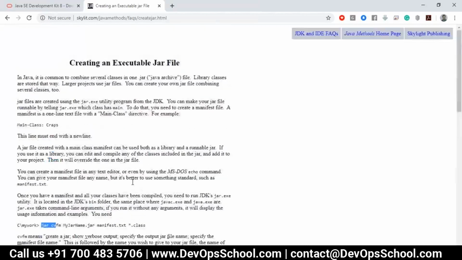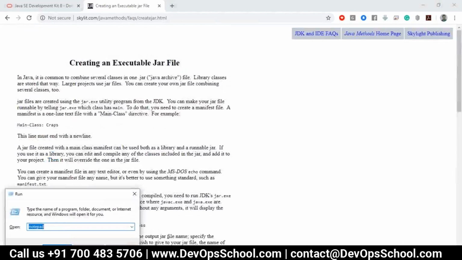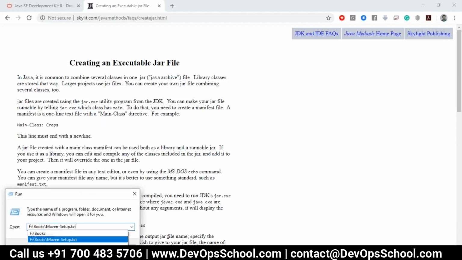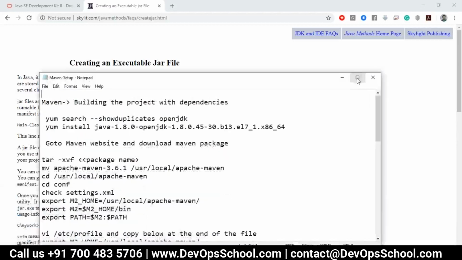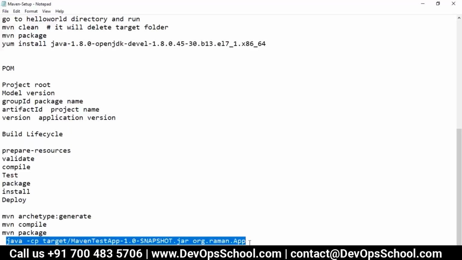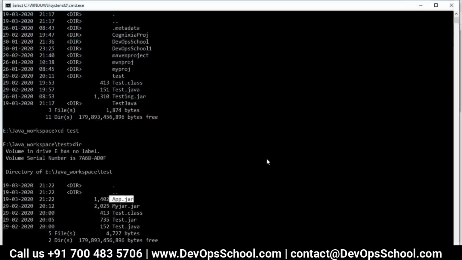I think I have the command, one second. This is my books. So this way. So the command is